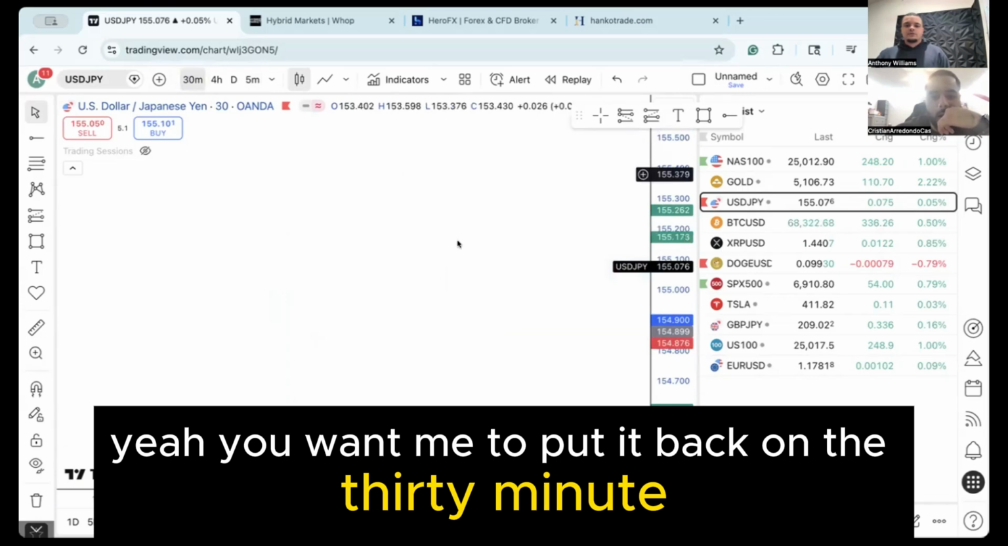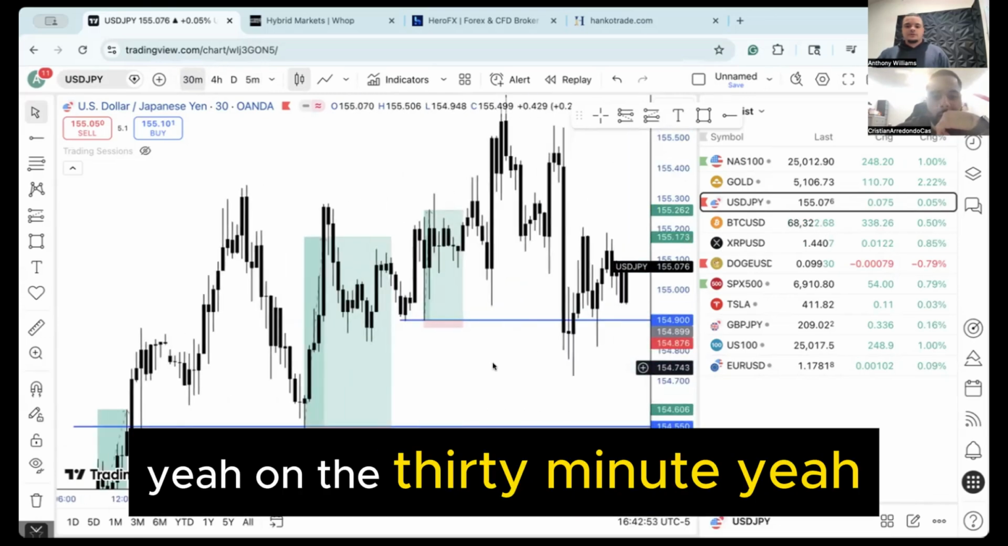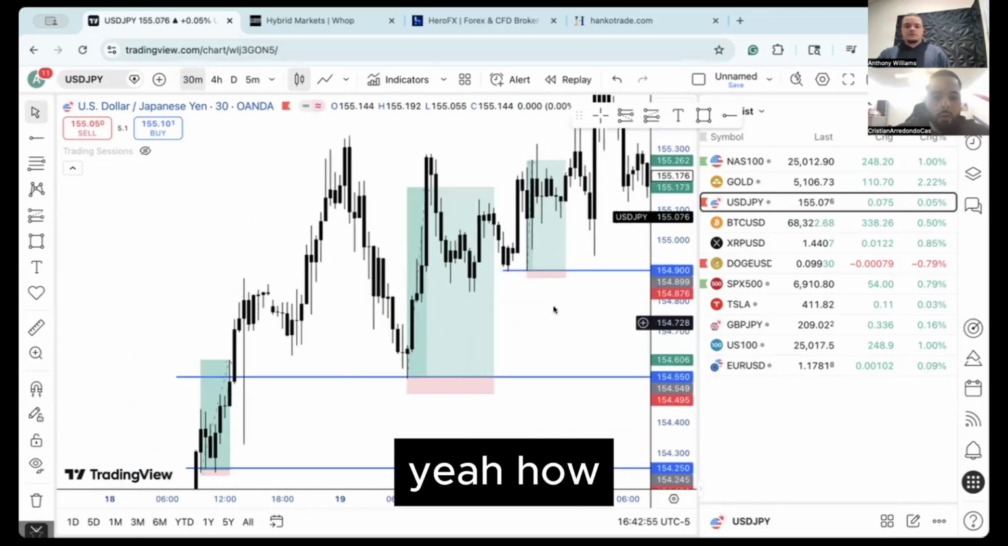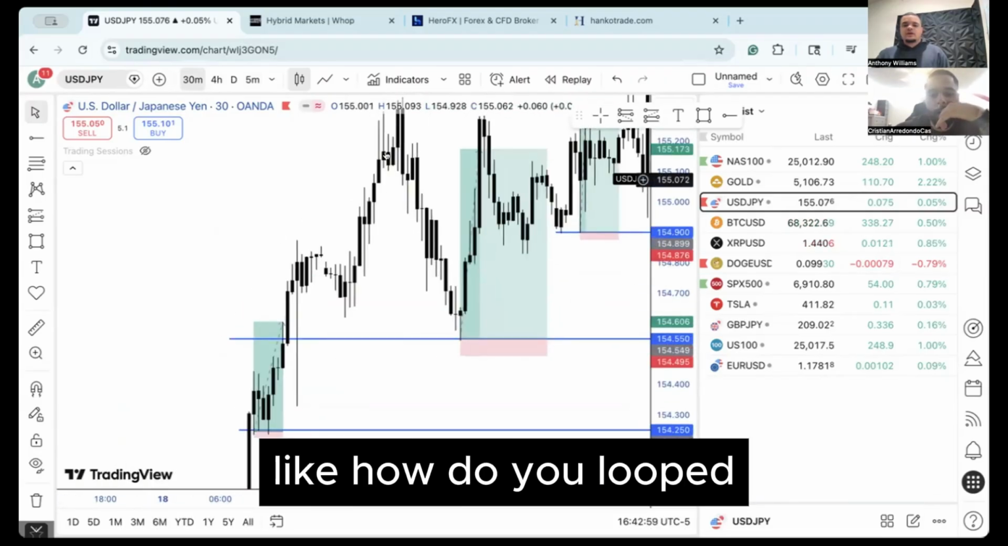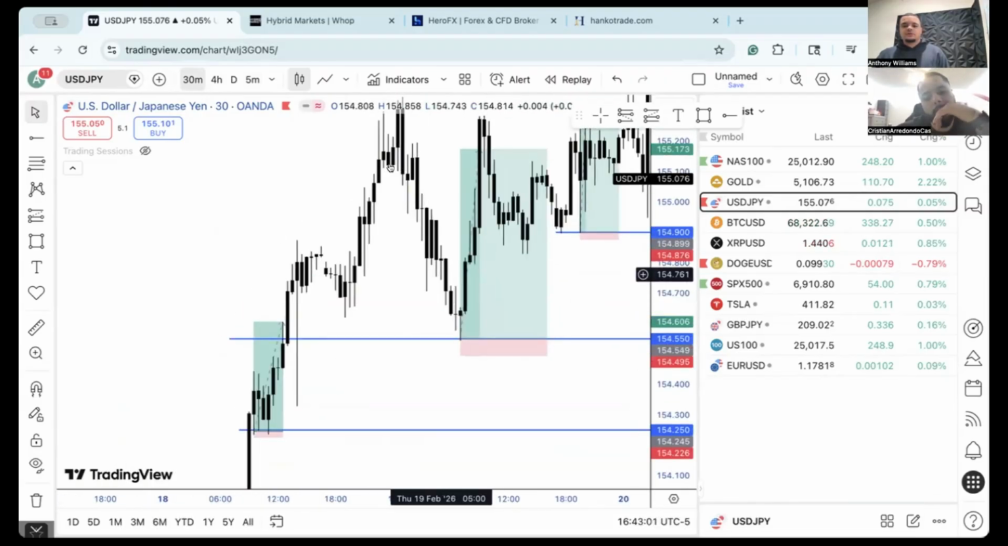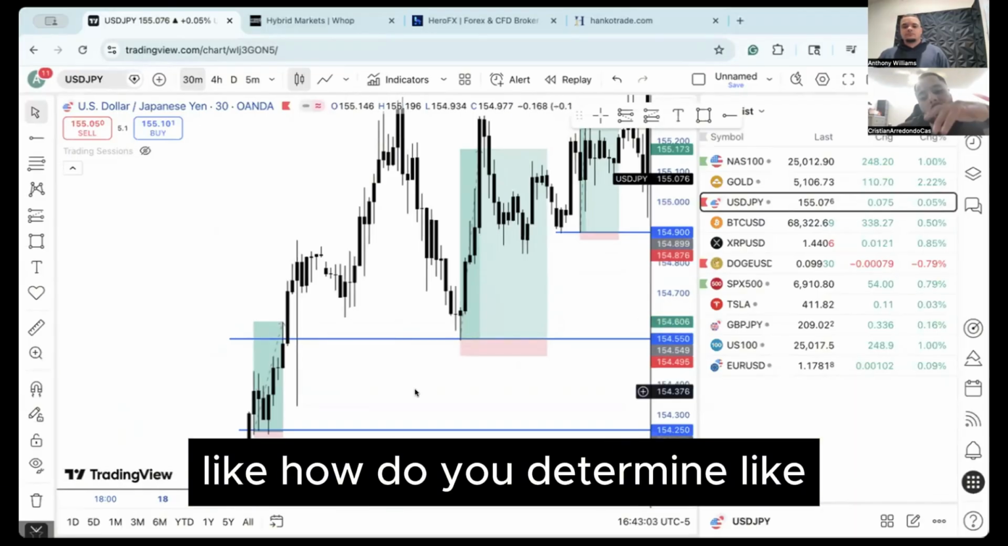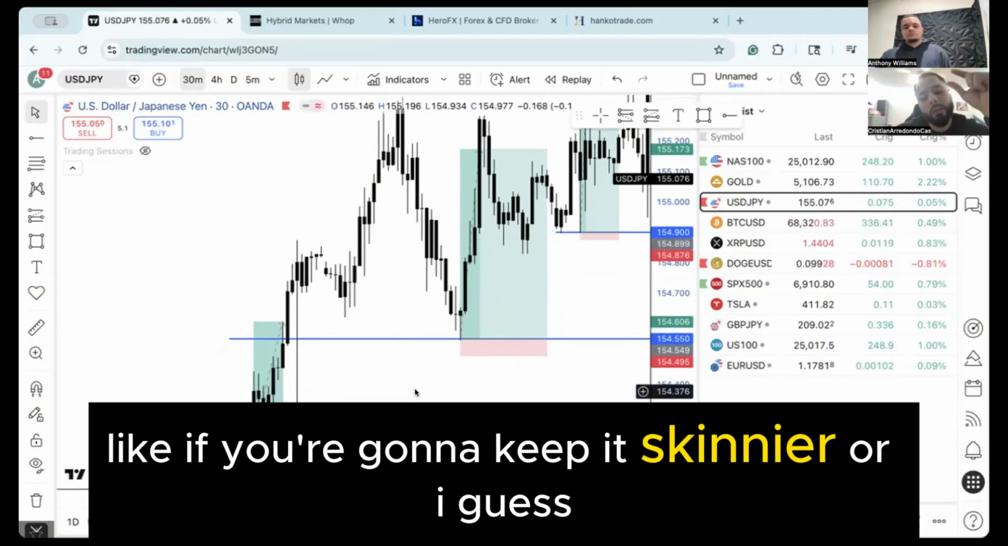Do you want me to put it back on the 30 minute? Yeah, on the 30 minute. See how one's skinnier and then the other one's a little bit bigger? How do you determine whether to keep it skinnier or